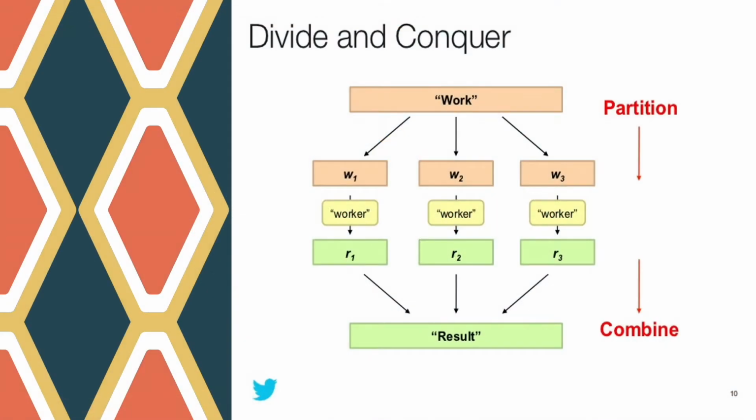In this diagram, as you can see on your screen, the complex work has been divided into its sub-constituents, which are W1, W2 and W3. Then the solutions R1, R2, R3 have been obtained to get the ultimate result of the problem. First we have done partition, then later we have combined to form a single solution. The work is the problem and the result is the solution for that problem.